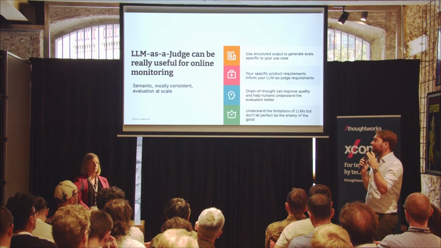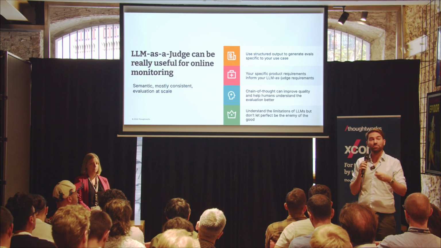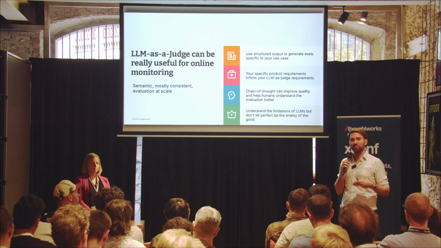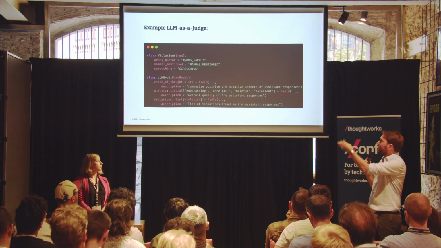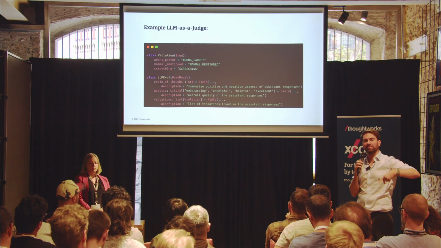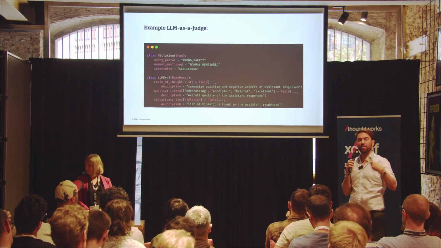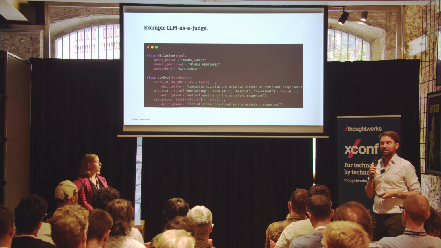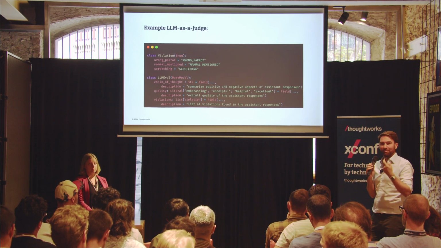I think if you make them very specific to your product requirement, actually work with your product owner and everybody else, what are the requirements, what should it be doing, what should it not be doing, and then you can actually put that into the LLM eval, right? So you should be really working with the product, and then it can be really informative. What are the things we want to keep track of that it should not be doing or should be doing, or any kind of Boolean flag for whatever it is.